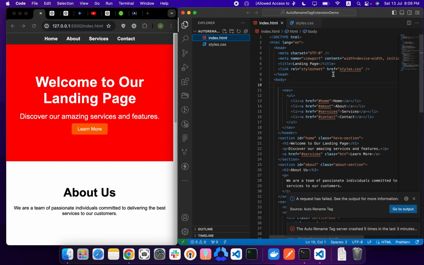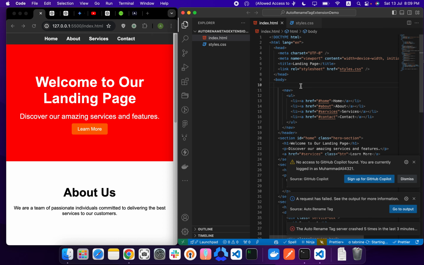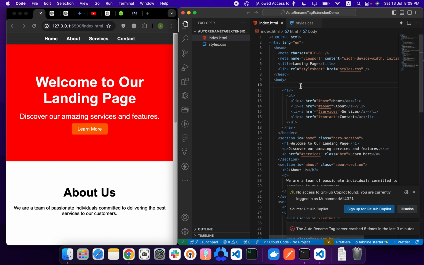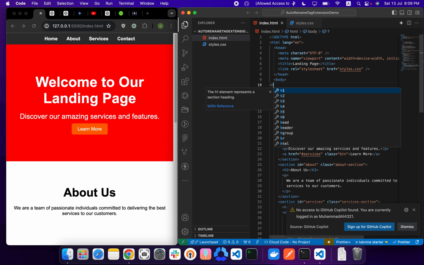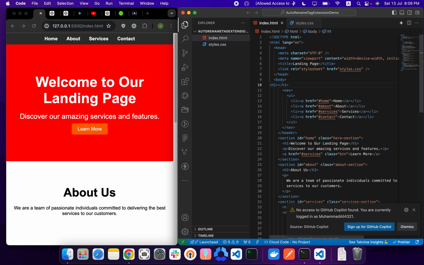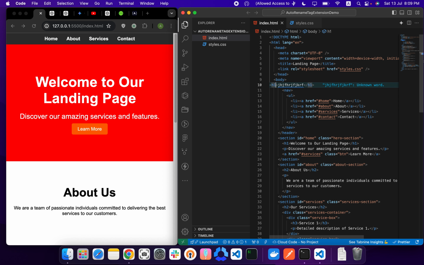Learning world. So in this video I'm going to explain a great extension for VS Code that is basically Auto Rename Tag. Let's suppose you are doing development in your VS Code and you are writing some element like h1, and you just put some text here. Now instead of h1 you want h6. So what you will do, you will replace this h1 with h6, but now you have to change the closing